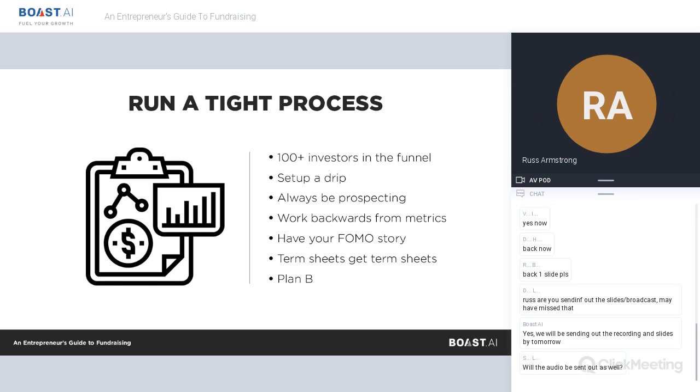I do like to talk about term sheets, getting term sheets. Early in this process, you might get term sheets that are not necessarily the most optimal ones. They might have different terms in them. They might have board control that you're not willing to give up at an early stage. But term sheets do get term sheets, and there are lockup periods. But if you're in an ongoing negotiation with multiple parties, you do have a small window where you can try and twist people's arms to get them to move a little quicker because they might miss that story or that FOMO of missing out on a good deal that's coming their way.